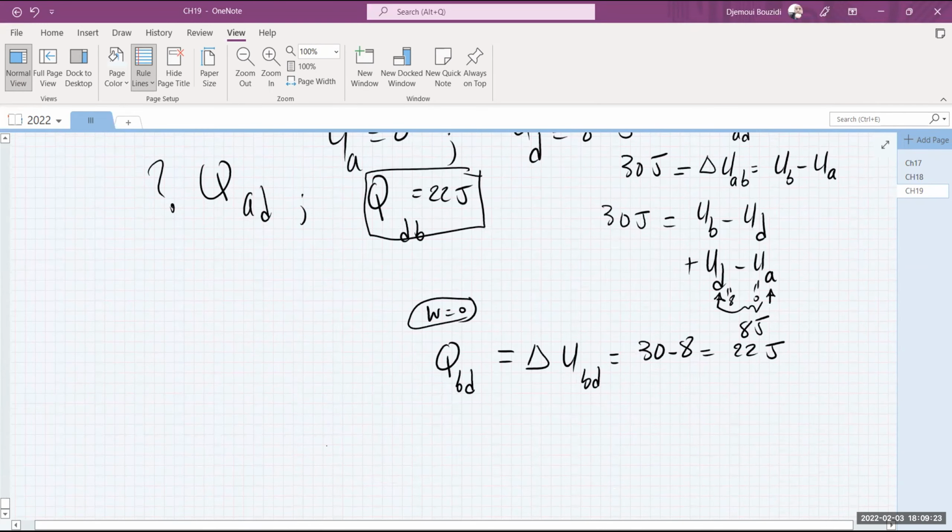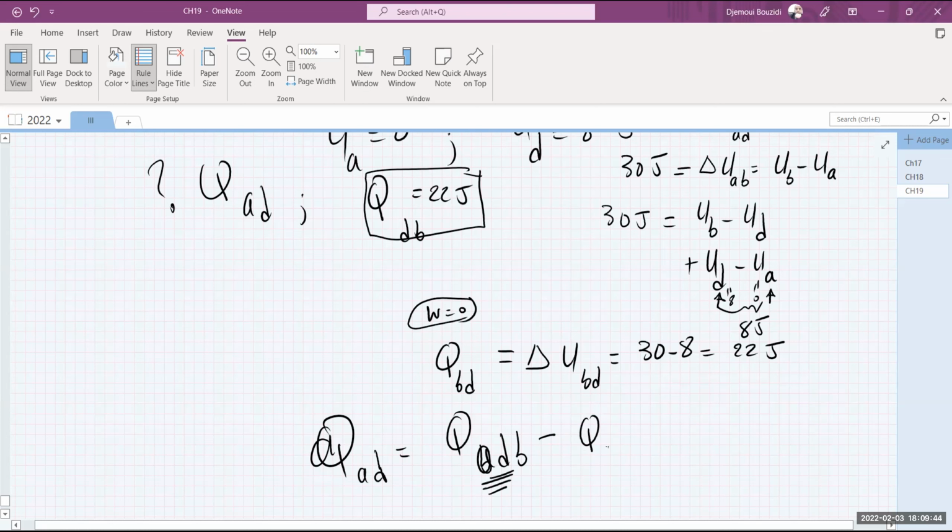So we can say QAD is simply the entire heat in this process, ADB. I have to use this exact energy in this process. This amount of heat, because heat depends on the path. And this is the path we took to go through. So QDB, and this is 45 earlier, and this is 22 just now. So this whole thing is 23 joules.